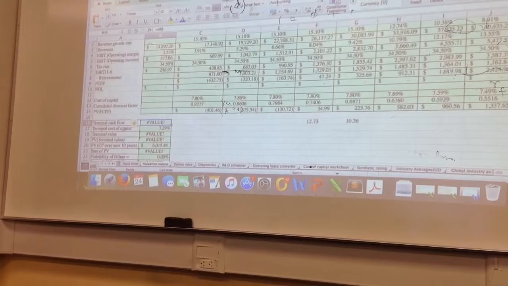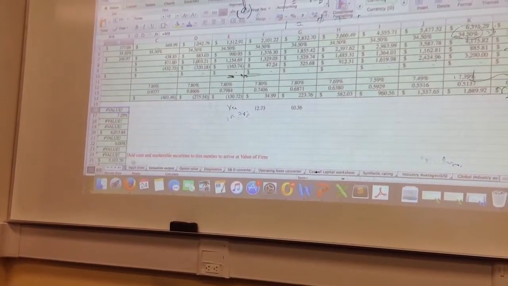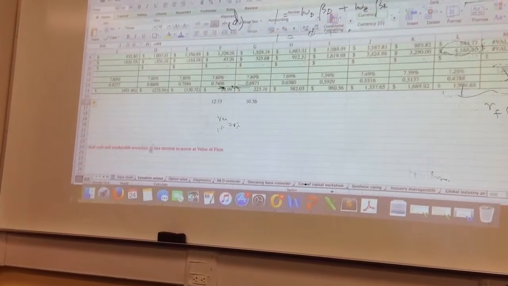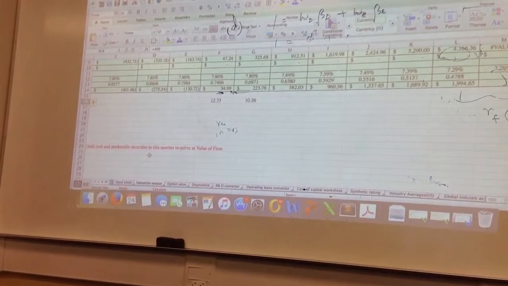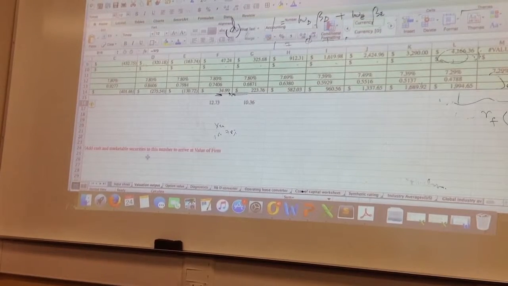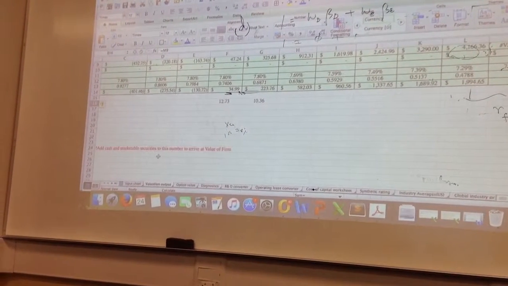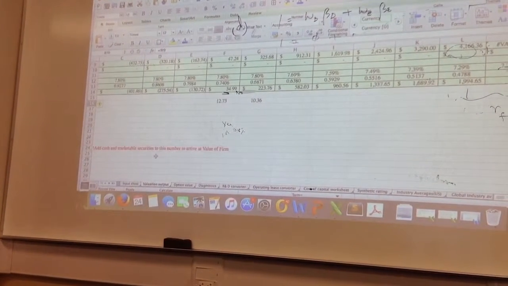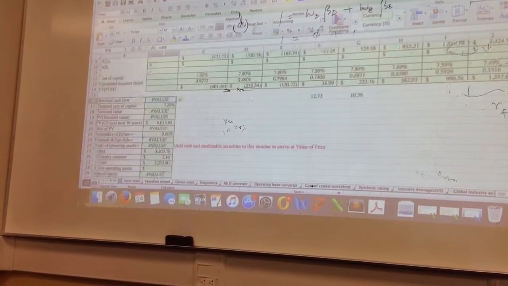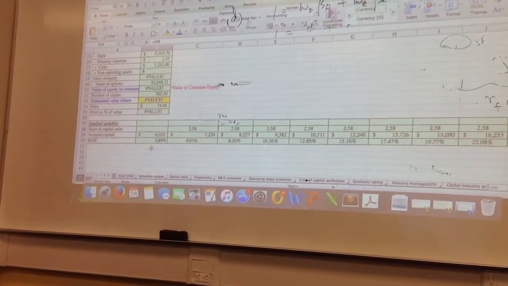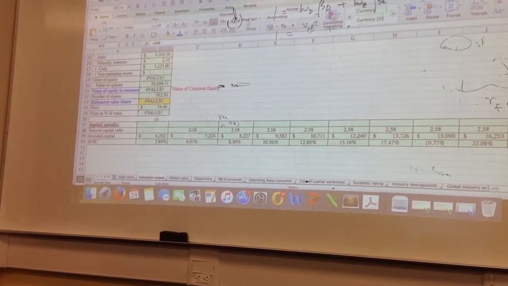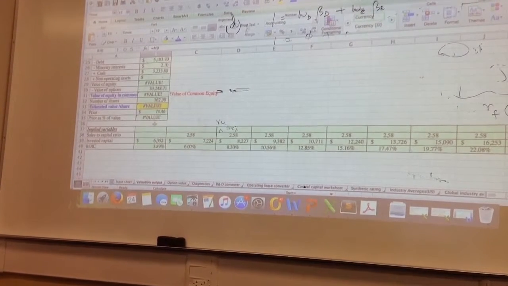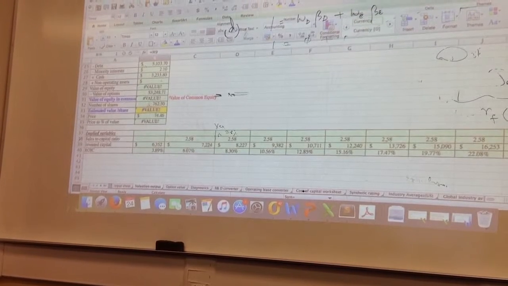Okay. But as long as you enter all the inputs correctly here, your valuation output should give you the intrinsic value of the share. Look at the current share price, whatever is your last share price. So, say you're doing this tomorrow, take the closing price as of Friday. Whatever is the last price available from the market. So this would be your